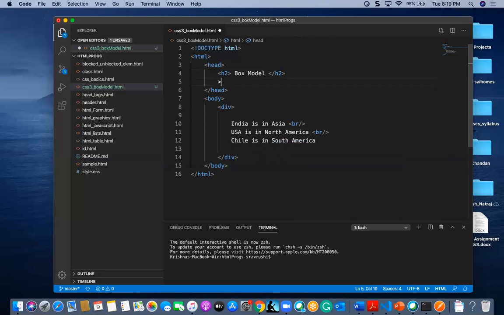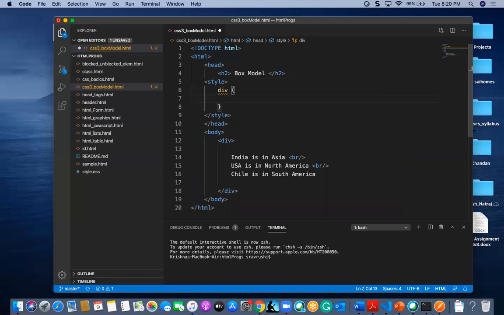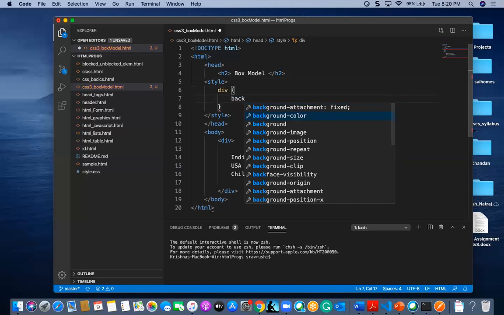So I am going to give a style, taking a separate style tag here. In this style it is a div, and here I am going to have a background color.